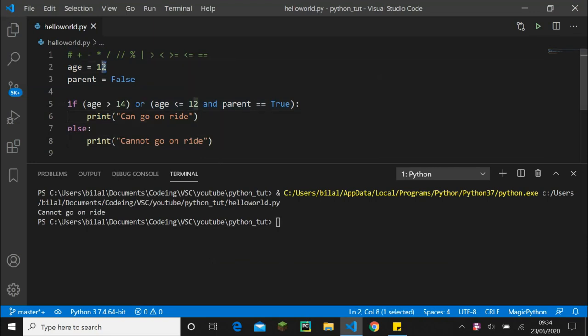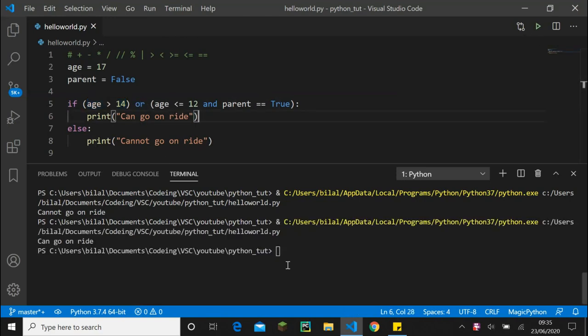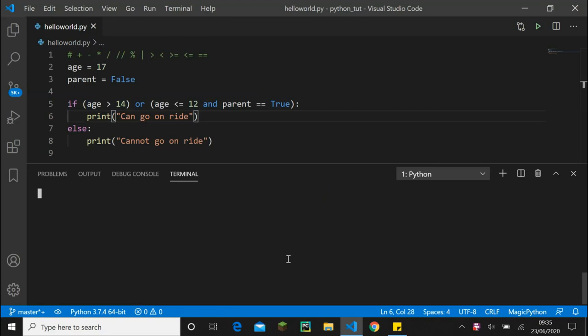Let's make this into 17. Yes, parent is false, but we did say if age is bigger than 14, and we have an OR statement, so it should say can go on ride. And yeah,